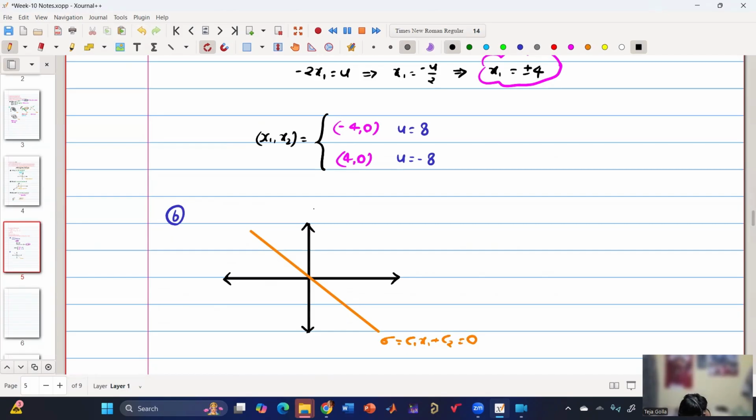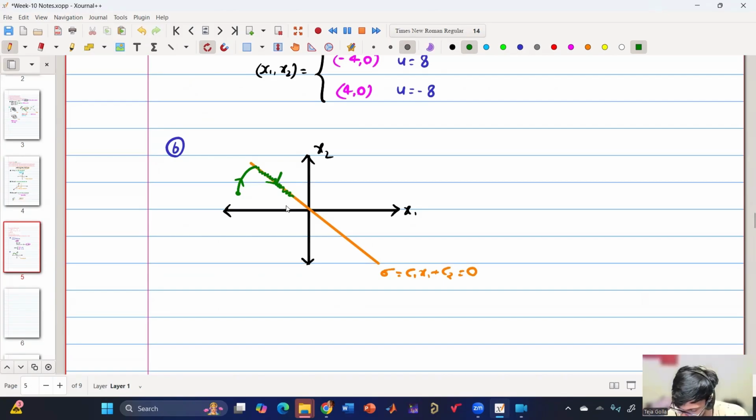And this is x1, this is x2. After a certain time, the trajectory started moving on the switching surface. So the possibilities, either it can travel like this, or if we consider the line something like this,